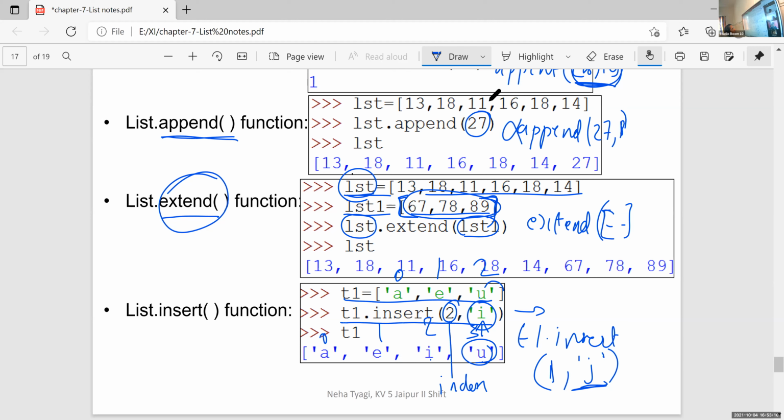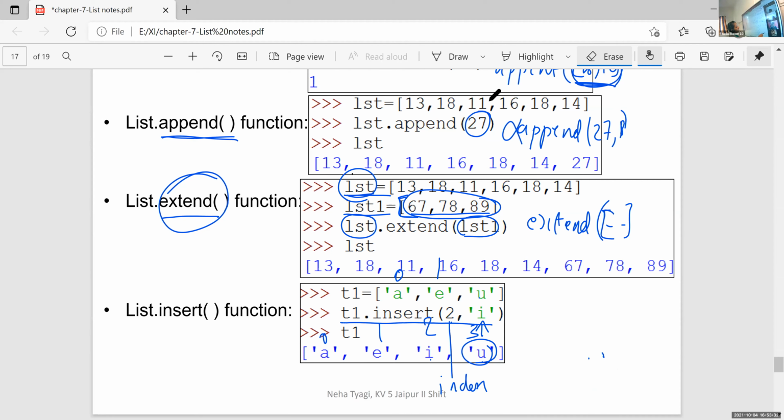Capital letter A in the third position. Amal, read the answer.